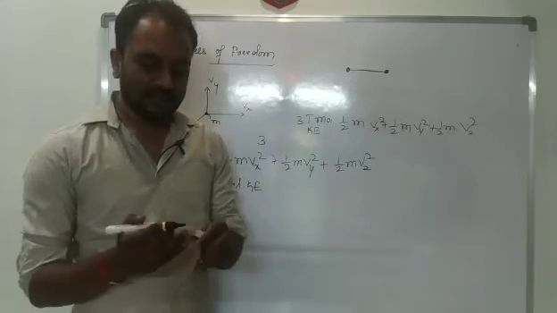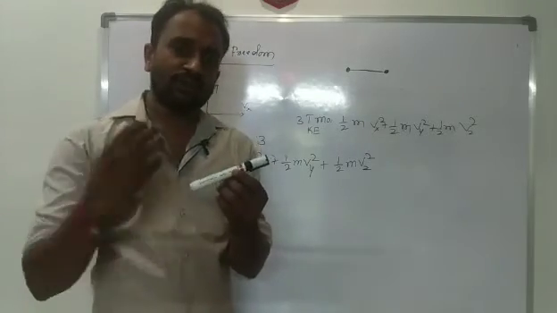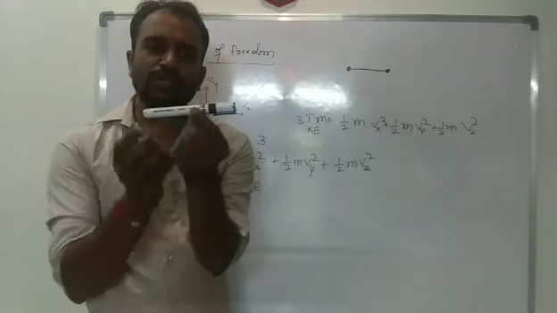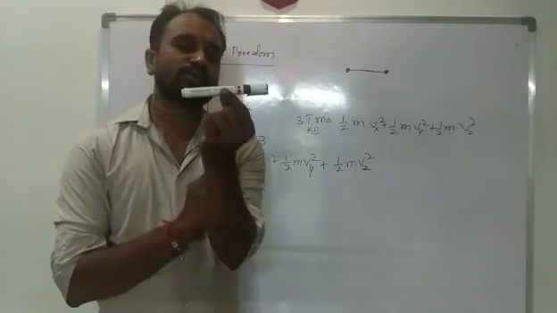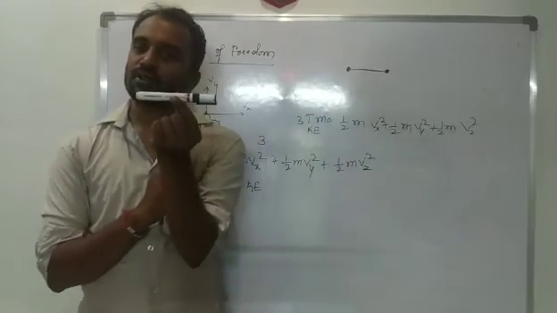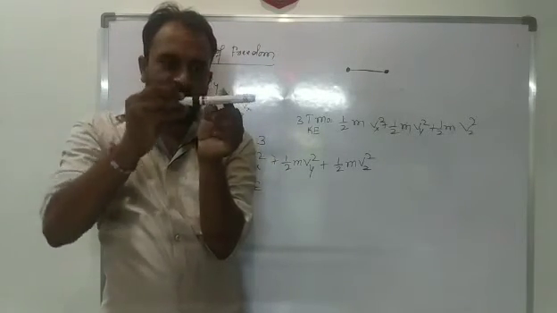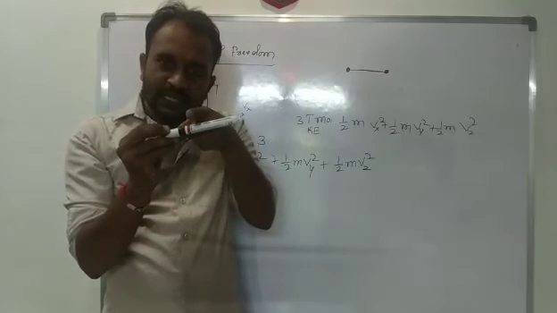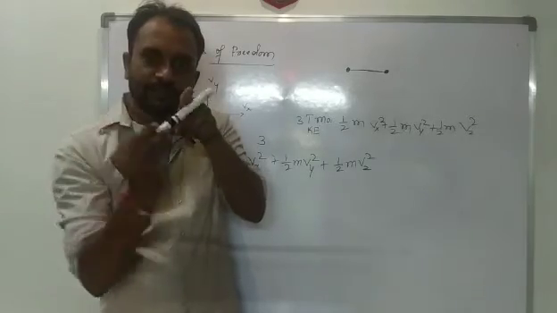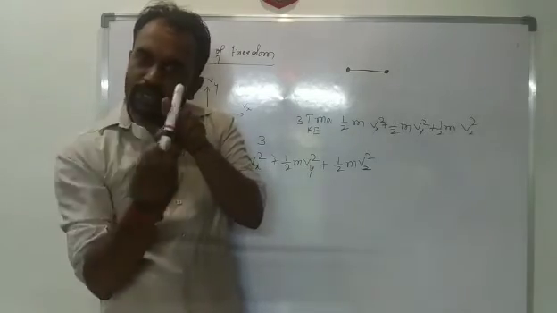Another thing is that it also shows rotational motion. One is translational motion, which means traveling along a straight line. Another one is rotational motion. For example, first there are 3 translational motions along the x-axis, y-axis and z-axis. Then rotational motion: the molecule starts rotating like that, where z is the axis of rotation. It shows one rotational motion.